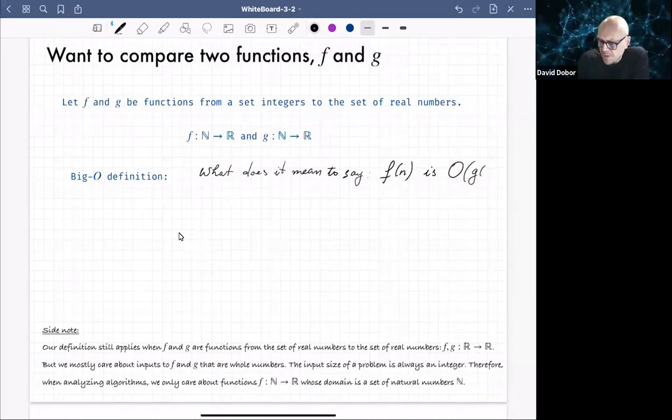So we have two different functions. And I want to give a definition now. Okay, so here's the definition. f of n is big O of g of n